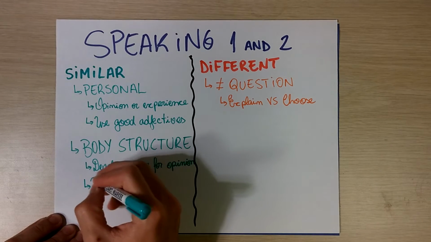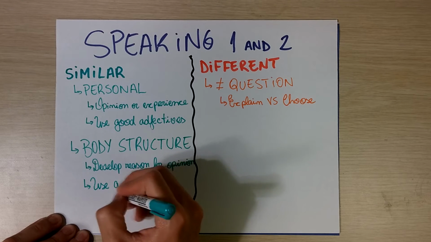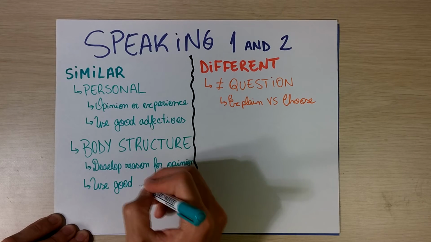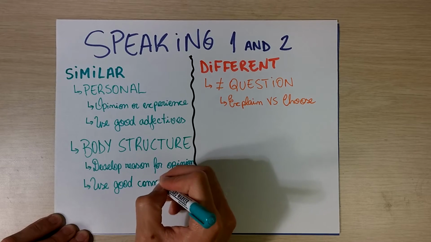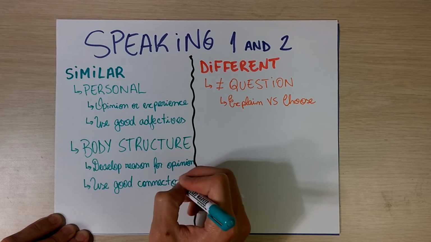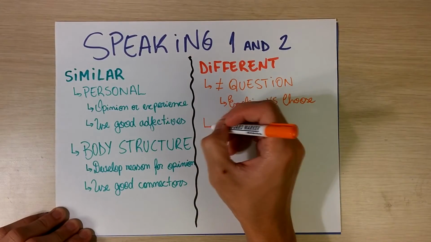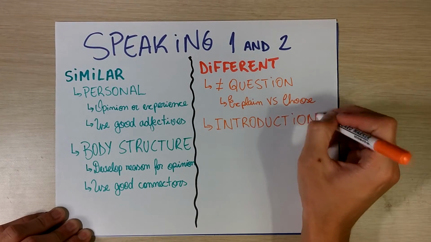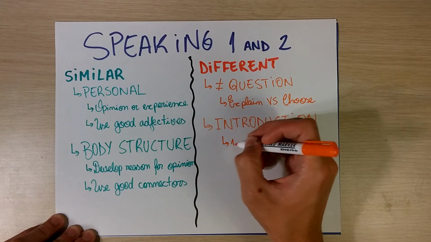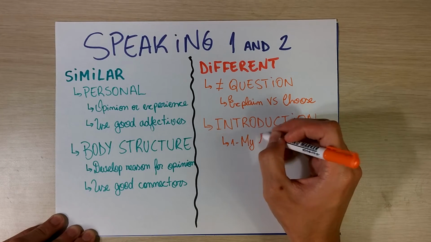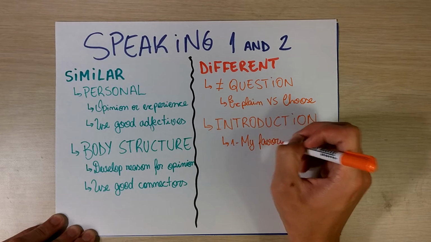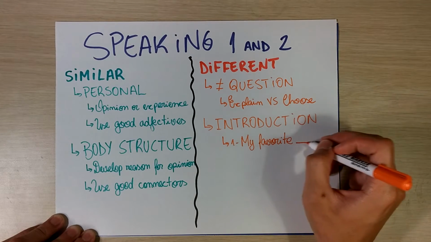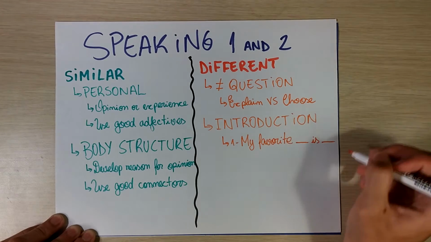Make sure that along with your adjectives, you write down some great connectors in the scratch paper to gather the ideas you mentioned in your speech. A list of them will also be provided in the description. The introduction, however, is really different and needs to be separately evaluated. For the first one, you should just start with something like "my favorite" and then the topic, "is", and then what is your choice. And then, along with a connector, you start the first reason.